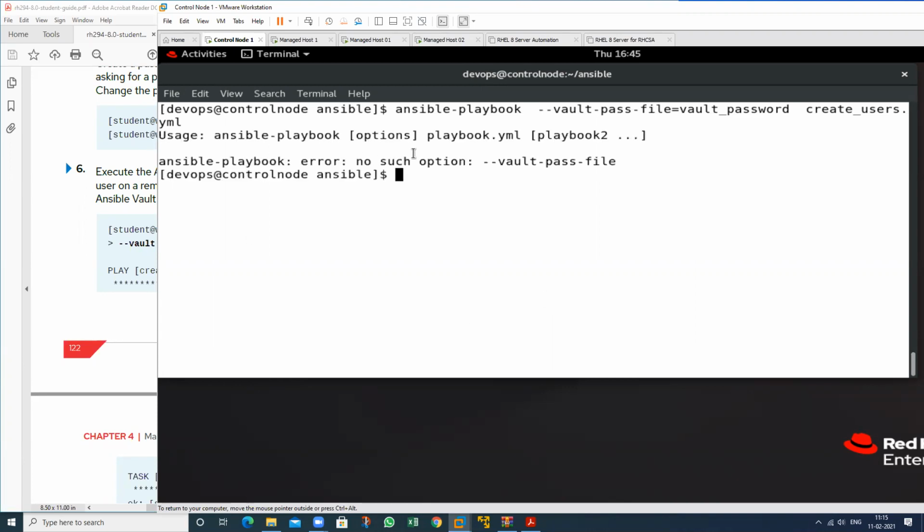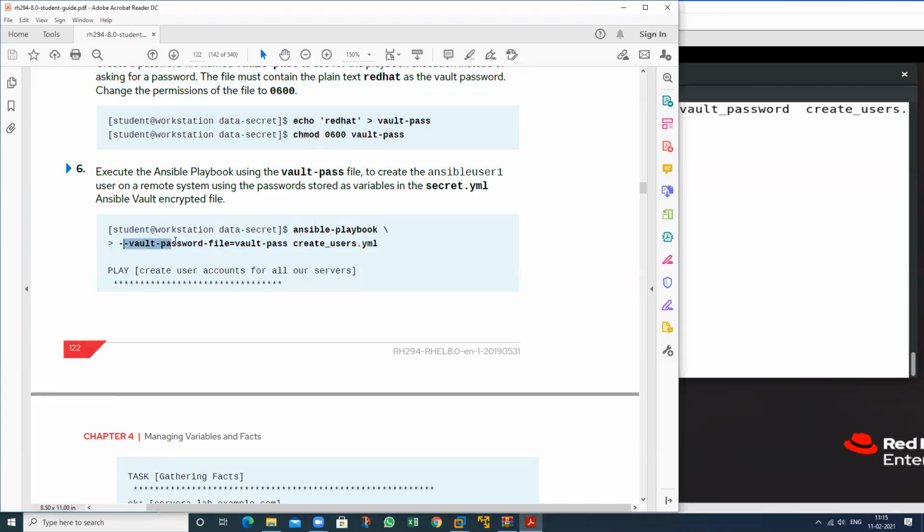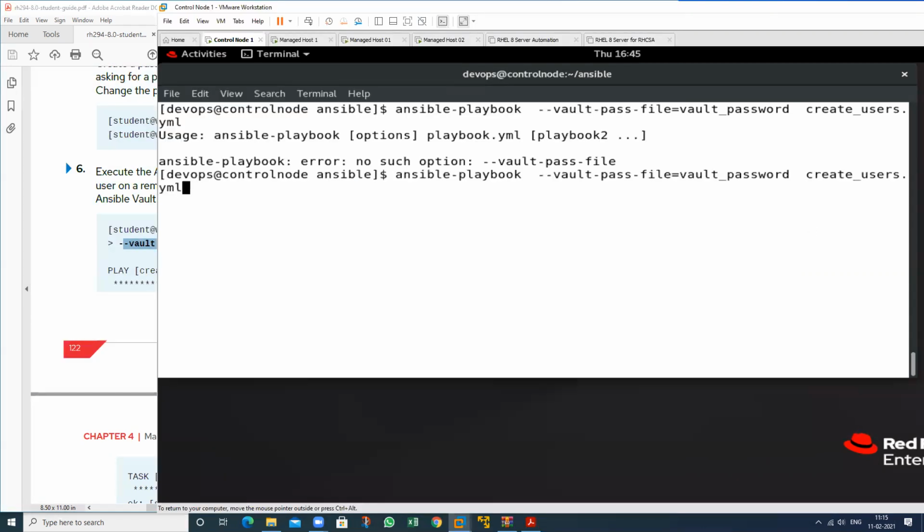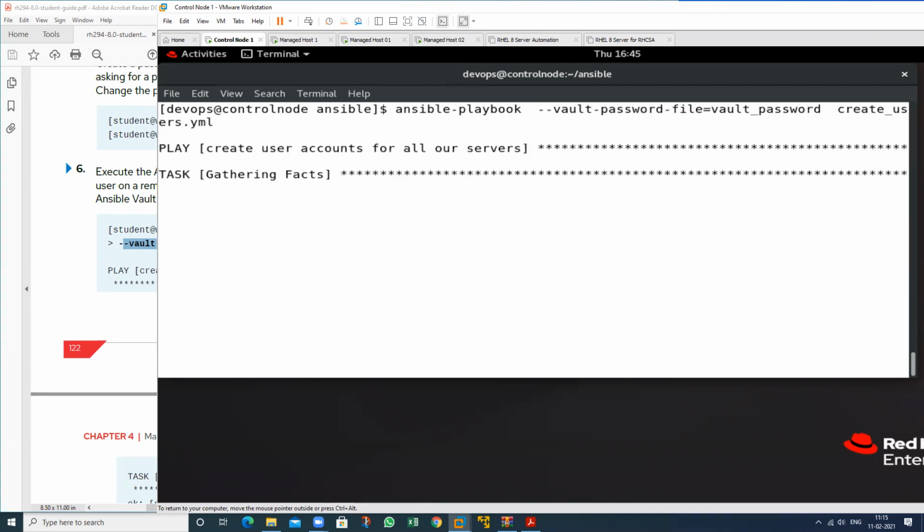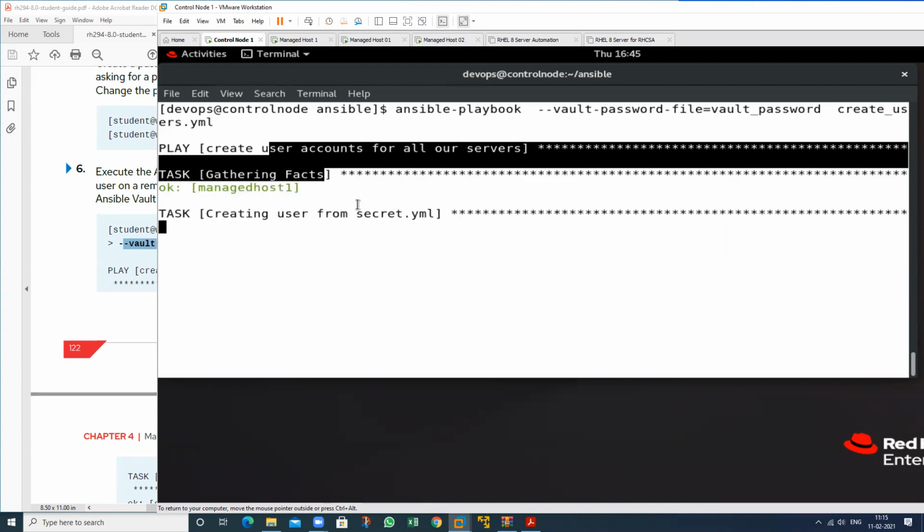Which error will it show me? Okay, not pass, we have just password here, not pass. Vault hyphen password hyphen file. So this is the whole syntax. Then we are able to run this one.